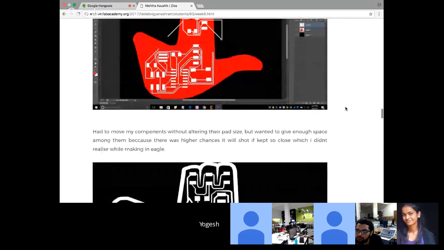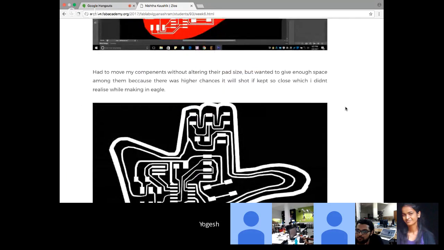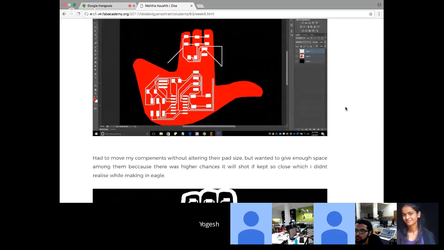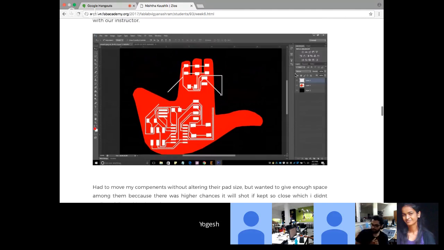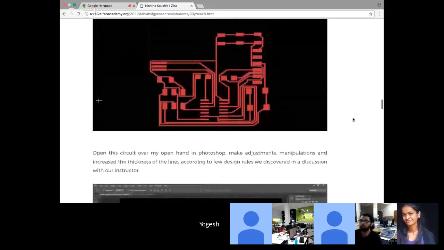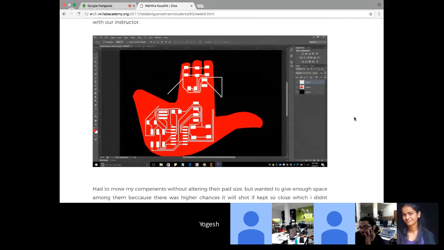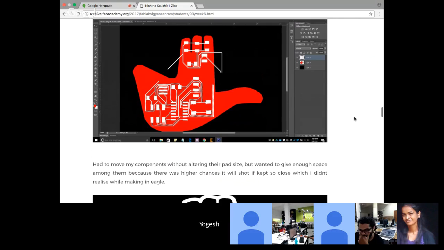Then I did auto routing. I was confused whether I should go for it or not, because I referred to a few websites which said manual routing is better. But when I did auto routing, it gave me different kinds of variants. So I kept moving all the components, and I achieved 4 or 5 variants in which I got 100% auto routing. So I chose one of them,